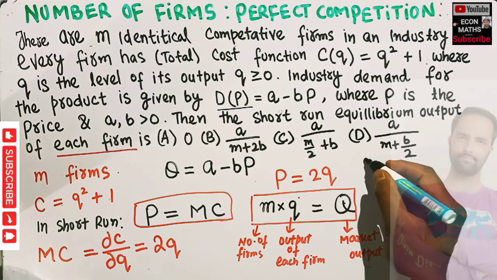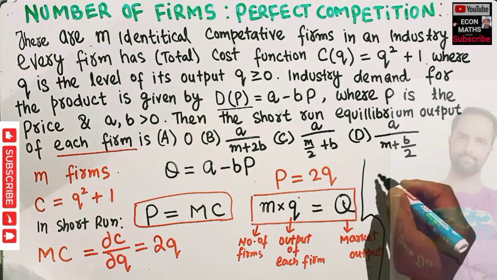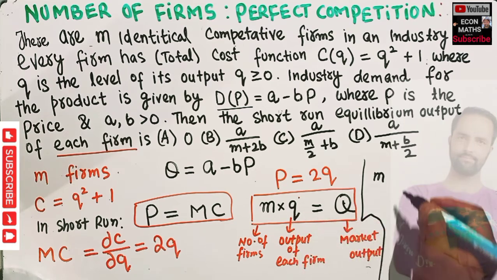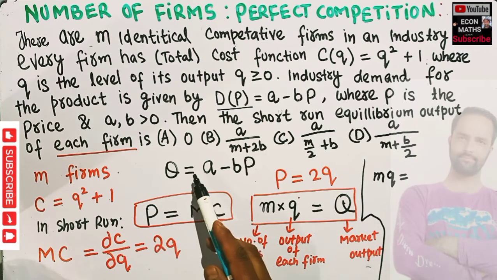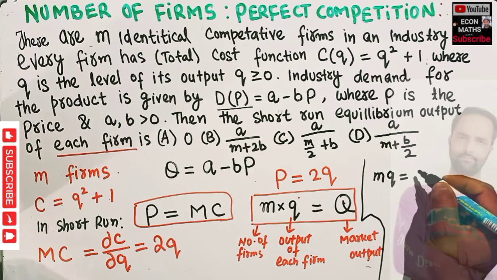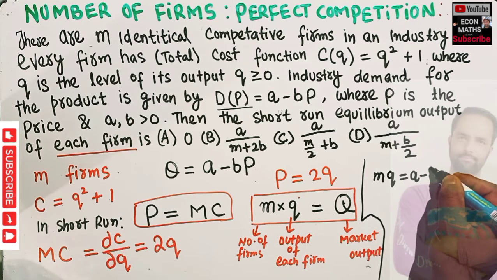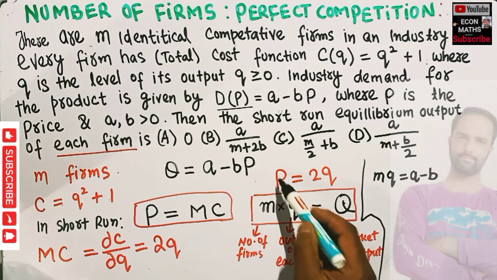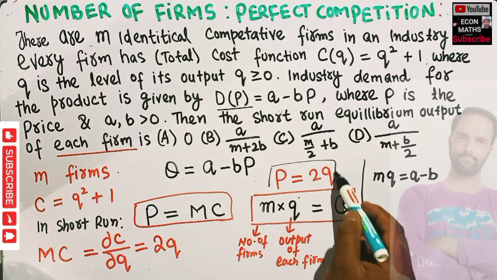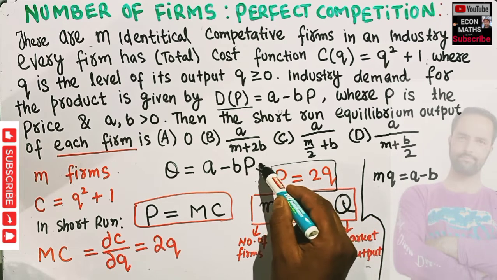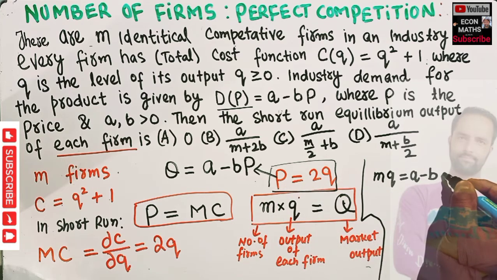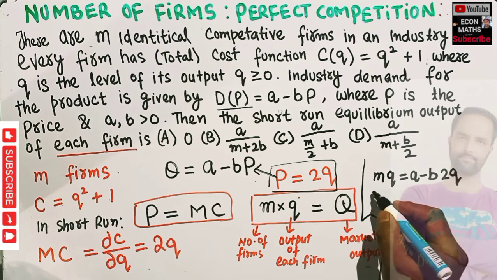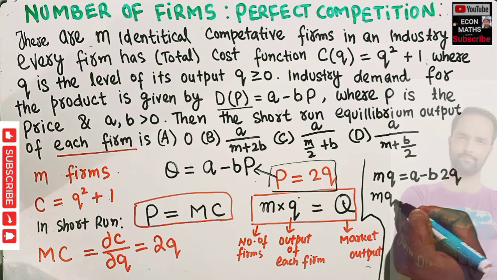So let me write it here. We have M as it is, we have q is equal to, now what is Q? Q is equal to A minus BP. Now what is P? We have calculated the value of P, so just plug its value here. P is equal to 2q, so in place of P, I can write 2q. So we have Mq